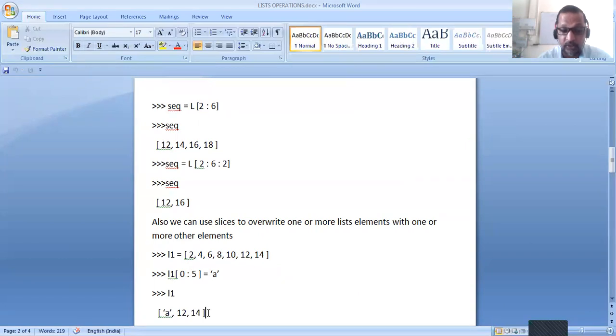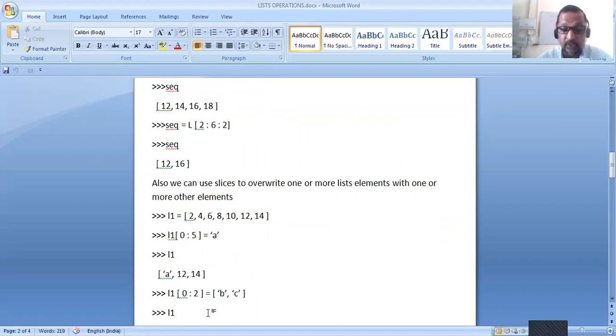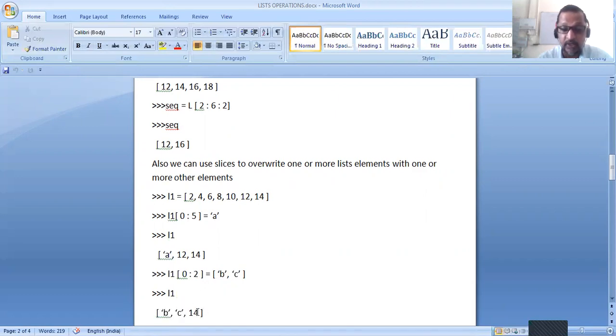Again, if we overwrite with two values, like this L1[0:2] is equal to B, C, it means the element having index 0 will be overwritten by B and the element having index 1 will be overwritten by C. Then the resultant list will contain values B, C, and 14.